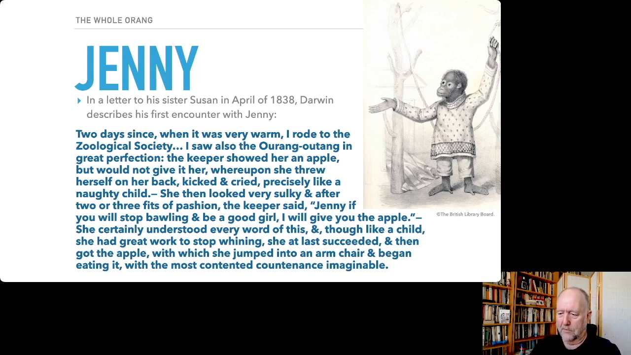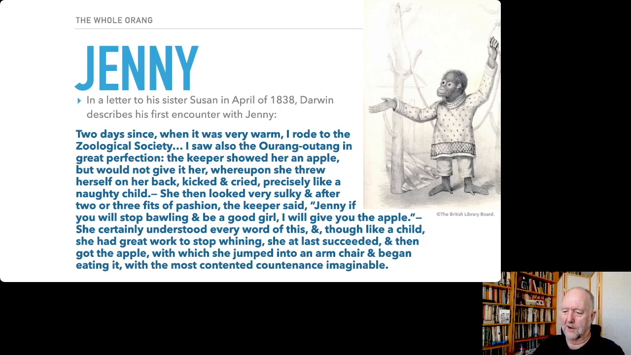She then looked very sulky, and after 2 or 3 fits of passion, the keeper said, 'Jenny, if you will stop bawling and be a good girl, I will give you the apple.' She certainly understood every word of this, and though like a child she had great work to stop whining, she at last succeeded and then got the apple, which she then jumped into an armchair and began eating with the